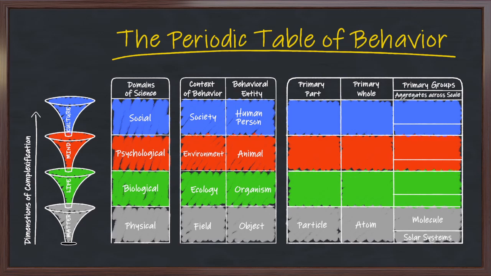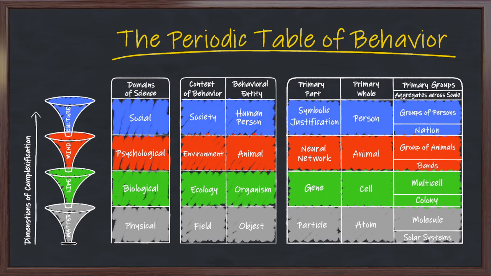We can see that in the science of particle physics, the science of atoms, the science of molecules and chemistry. We can also see that in terms of larger scale systems, things like solar systems, astronomy, the mapping of stars scientifically. We can move up into the life dimension, and say there are parts. The core part that the unified theory identifies is a gene, because it's the core informational part that's going to organize the living systems. And then the cell is the primary whole. Then you get multi-cells, and that goes also across aggregate. And then we see the same pattern: there's a neural network, an animal, groups of animals, justification, persons, and groups of persons.